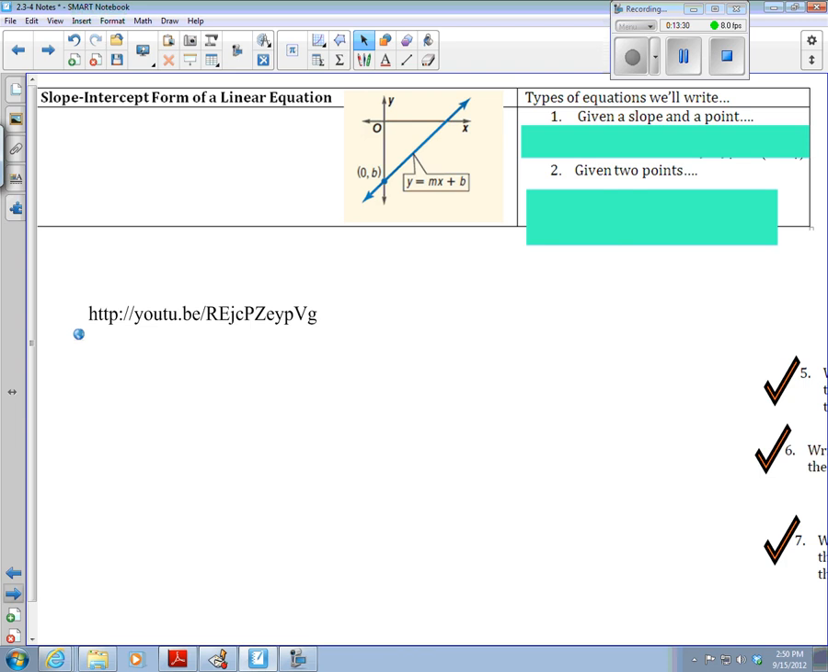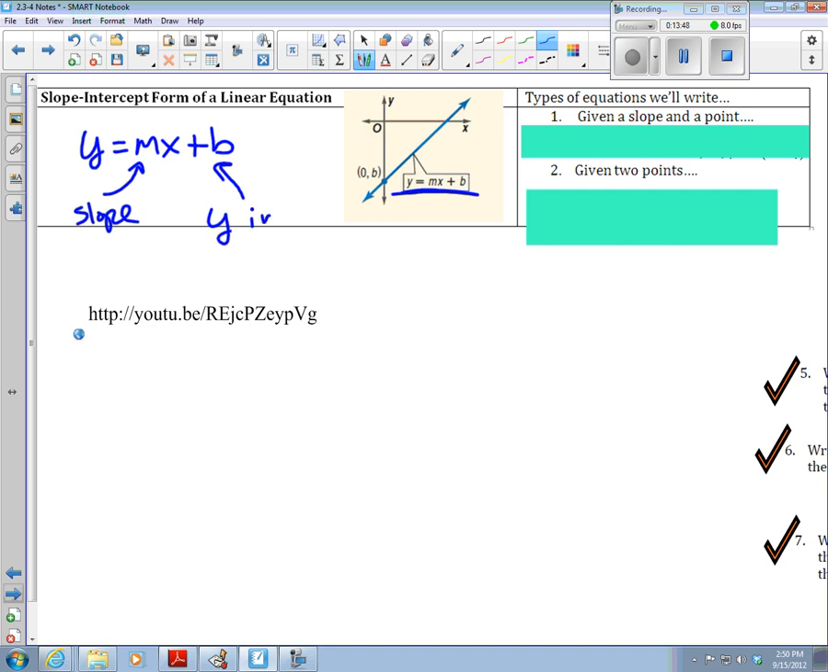Okay, here. Slope-intercept form of a line, a linear equation. You can see this line, then I got this little box here. Y equals mx plus b. Well, what that means is m is your slope, and b is my y-intercept. We're going to write some linear equations here, and we're probably going to get into this